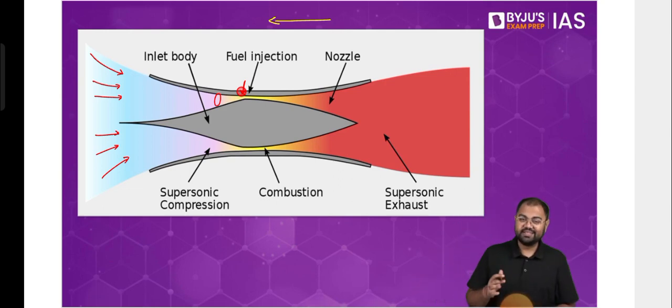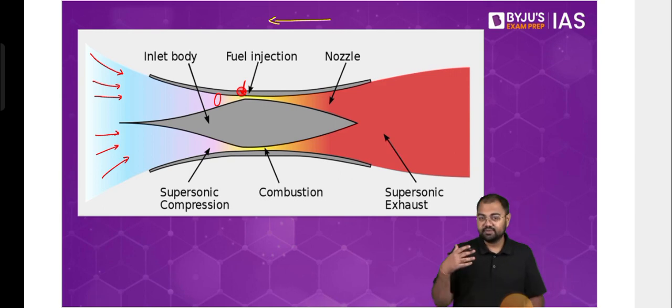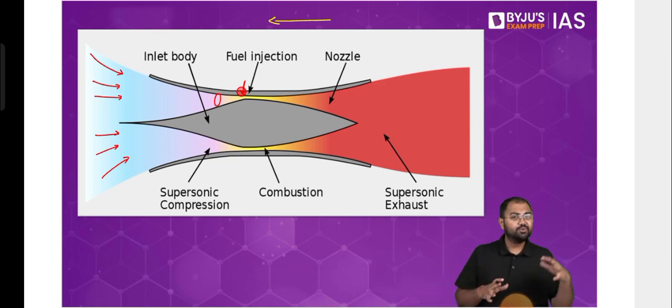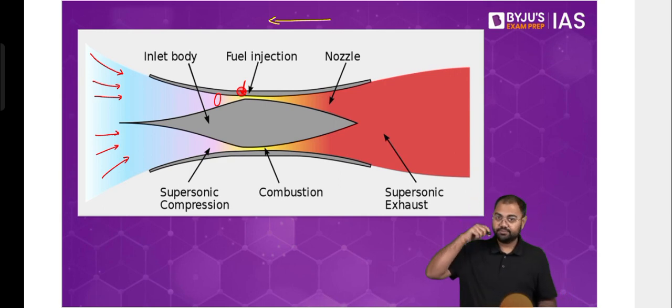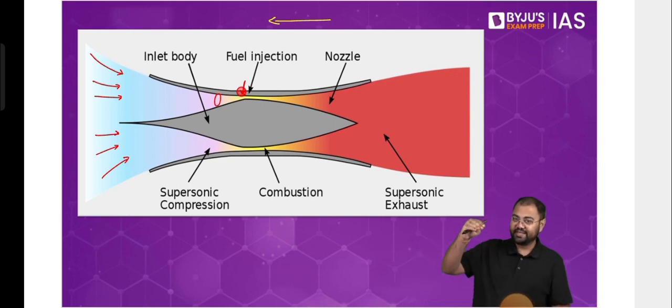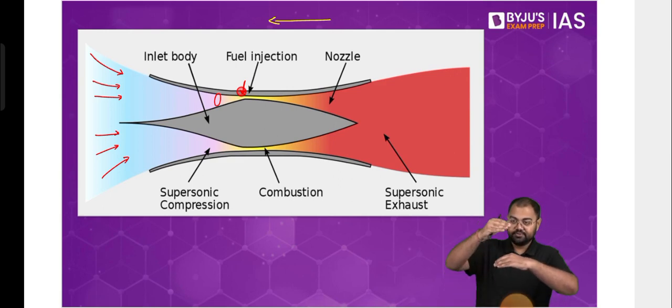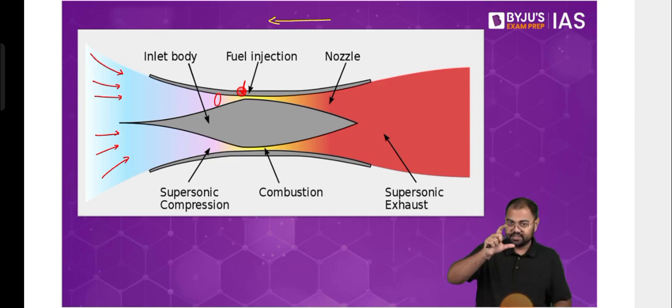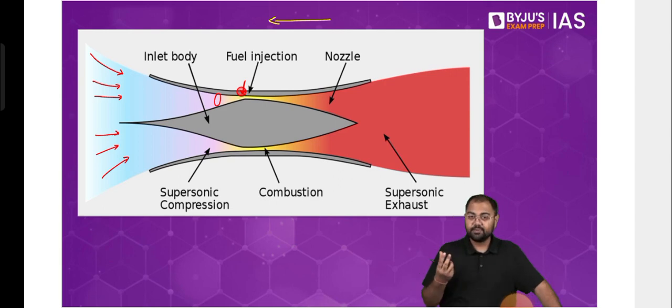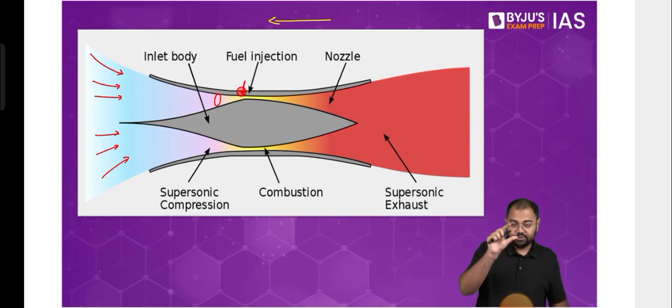Now, because scramjet works on oxygen we take from the atmosphere, you cannot really use it in all the stages. Suppose you are thinking of a PSLV, that okay, fine, there are 4 stages and we'll keep using oxidizer in all the 4 stages. You can't, because after the first stage, while you are in the second, third, or the fourth stage, you have already come away from the surface of the earth, and there the oxygen levels are lower. Oxygen is thinner, so you do not have a significant amount of oxygen to be used in the higher stages. So perhaps practically we can use scramjet only for the first stage.